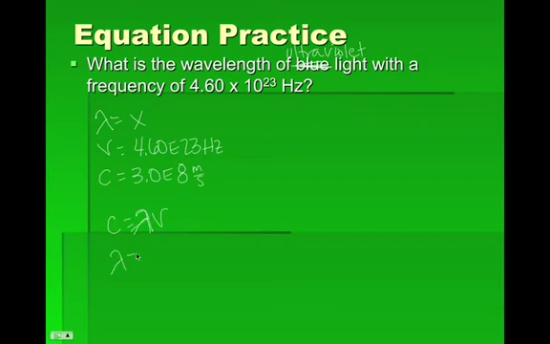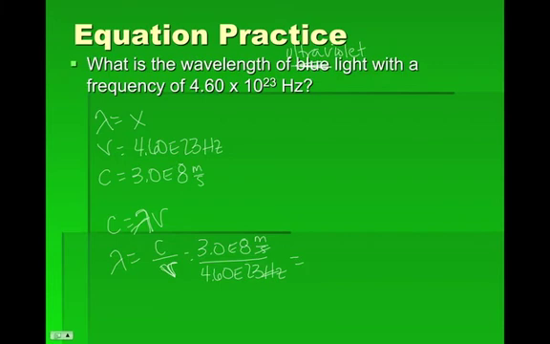So my wavelength is equal to c over nu. Whoa, I kind of wrote that wrong. Sorry. And c, of course, is 3.0 times 10 to the 8 meters per second. And then my frequency, 4.60 times 10 to the 23rd hertz. And the hertz and the seconds actually cancel each other out. And you plug this into the calculator, and you get,